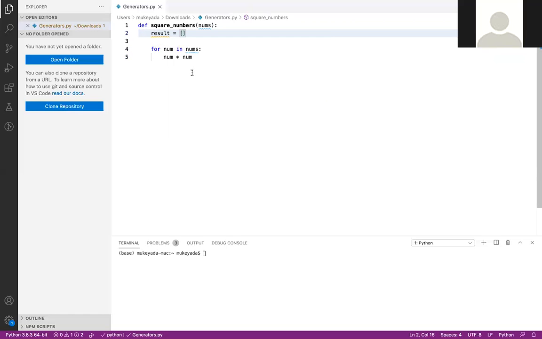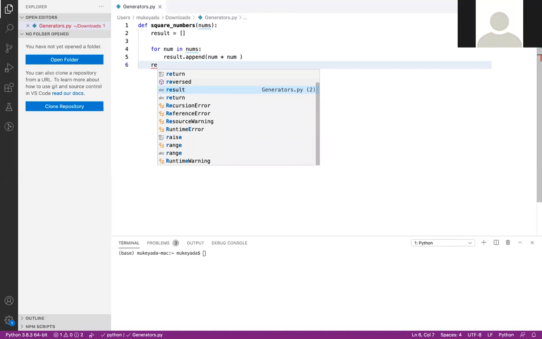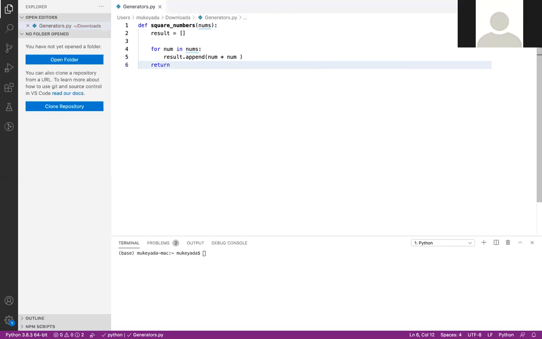There I'll store the outcome of this calculation. Here I'll do result dot append, and inside that I'll append the outcome, and after that I will return result.